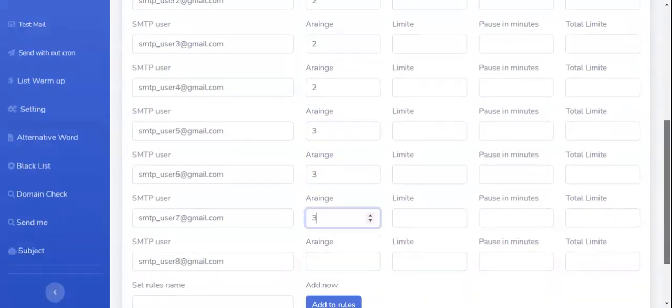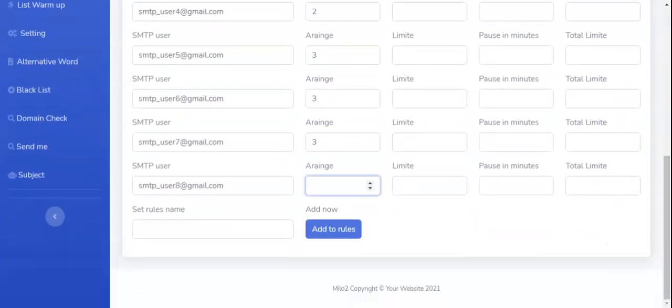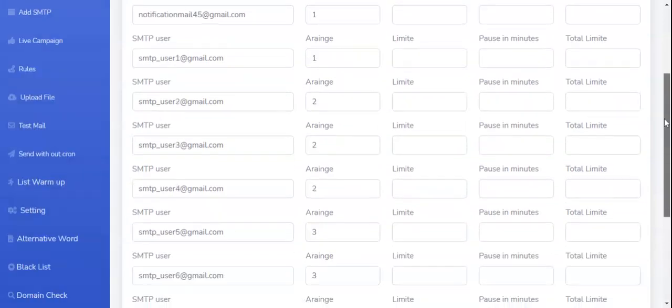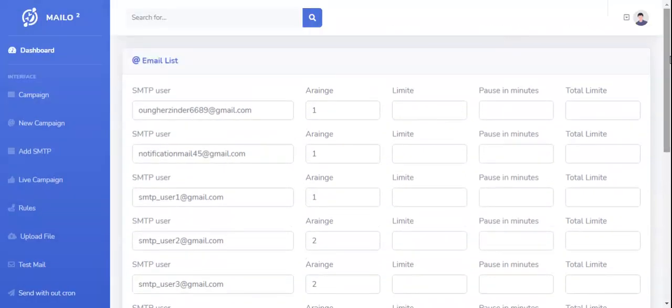In that manner, according to the mail ID and your requirement, you can set the priority level and the limit.